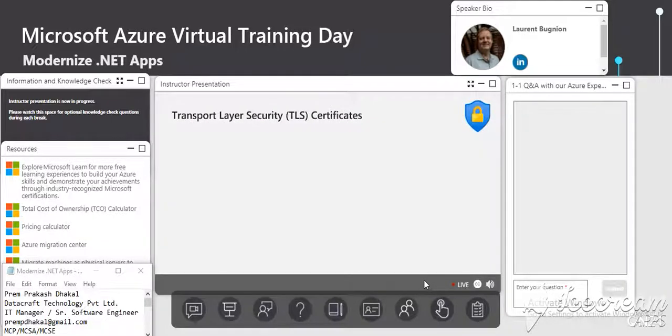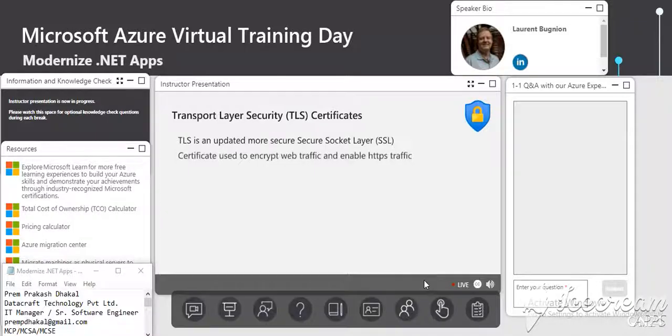All right, so before we go into the next demo, I would like to talk about security because this is a super important topic. And here we can talk about the Transport Layer Security certificate. This is TLS. Maybe sometimes you hear about TLS/SSL. SSL is really nothing else than an old version of TLS, which is kind of obsolete. It still works. So if you have a TLS certificate, it's actually also valid for SSL traffic. But here on Azure, we work with TLS certificates. It is an updated version of SSL, like I mentioned. And it's really a certificate that is used to encrypt